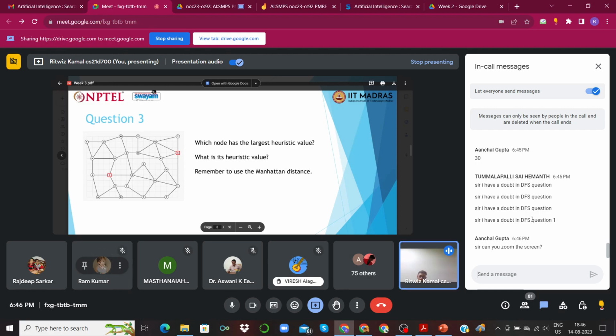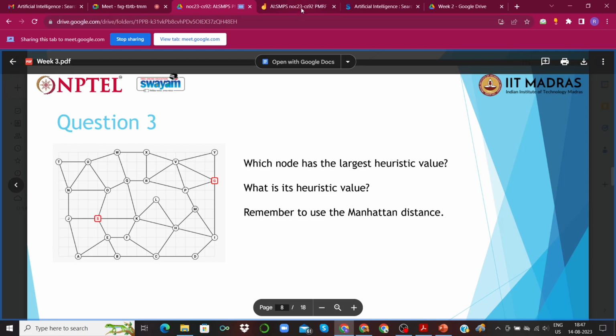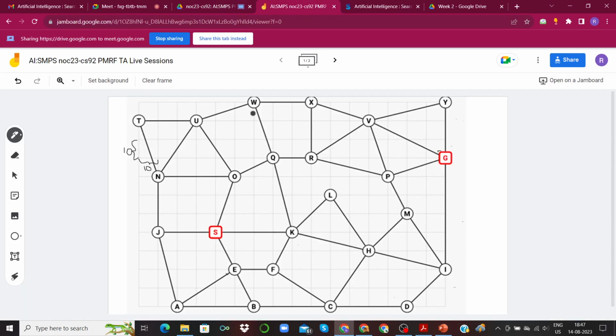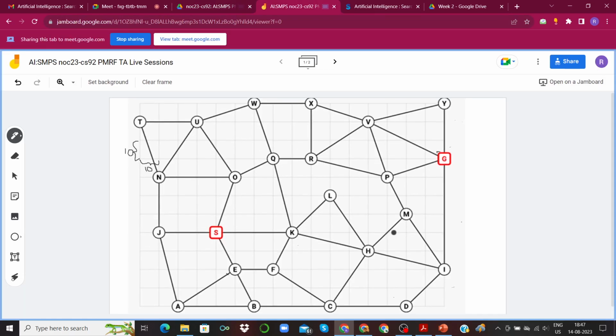Okay. Yeah, thanks for clarifying that, Ram. Yeah, it is with respect to the goal node. My bad. Sorry about that, I think I was just distracted a bit. So yeah, that makes sense. We are going to define our heuristic function with respect to the goal node, because we eventually want to find which node is getting us closer to the goal node.